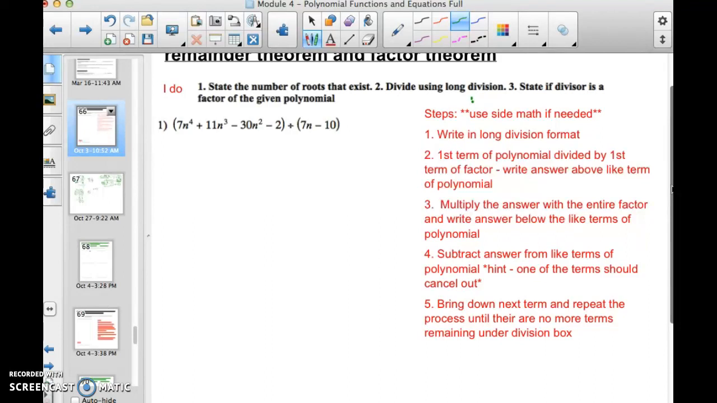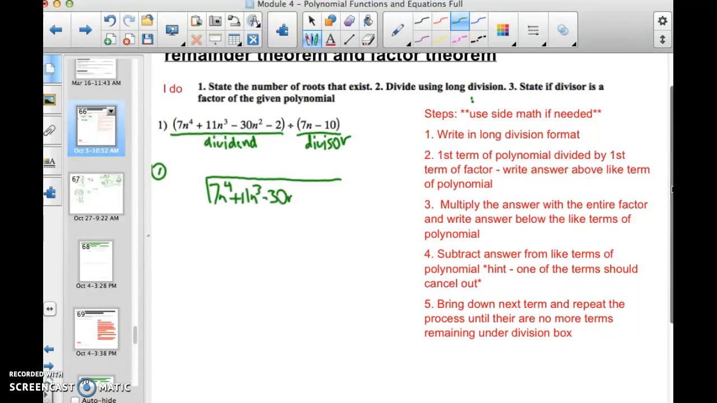So, step 1 says to write in long division format. Right now it's saying that this big polynomial is being divided by this littler polynomial. In that case, it's potentially a factor of that big polynomial. So I'm going to label these quick. This is the dividend and the divisor. For my step 1 then, I'm going to draw a division box. Hopefully that looks familiar. The dividend goes inside the division box, so the big polynomial goes in here. 7n to the 4th plus 11n cubed